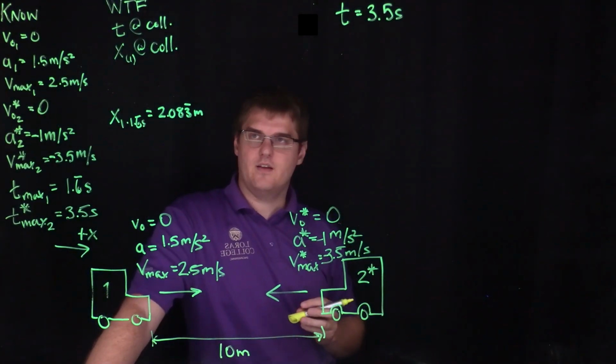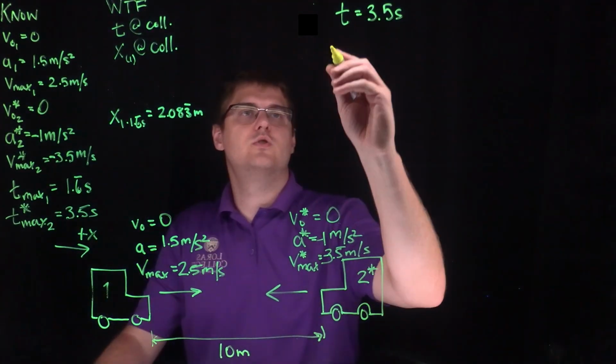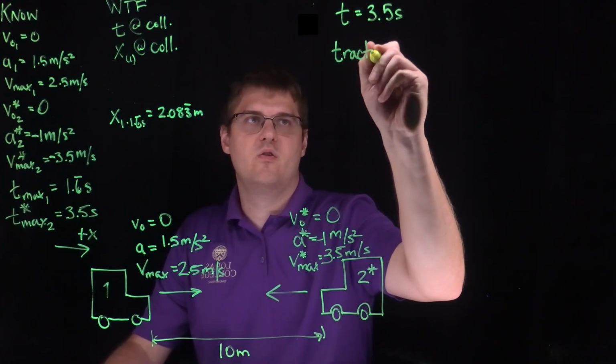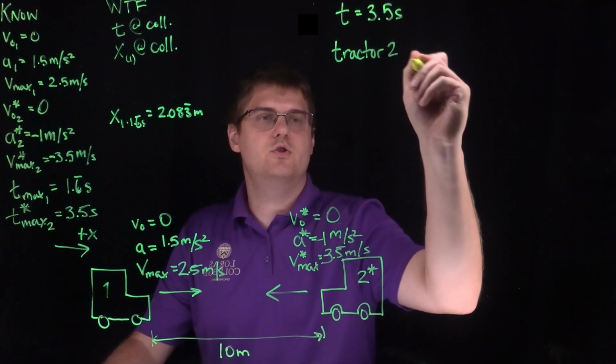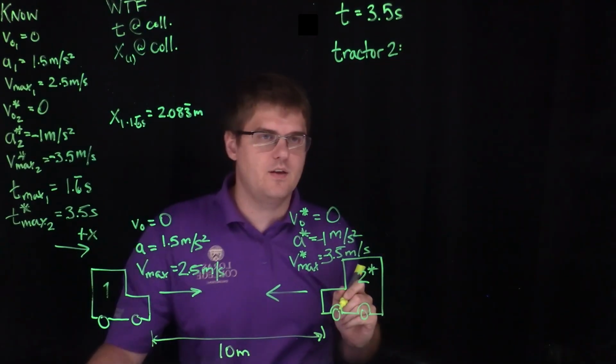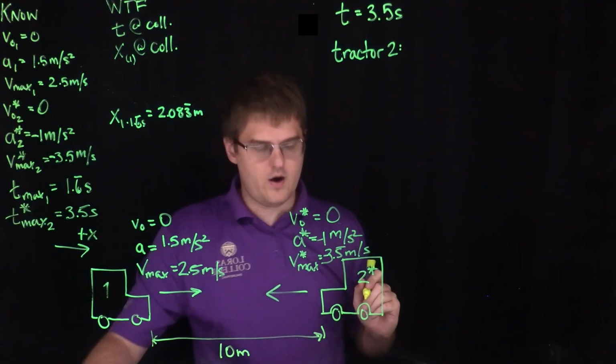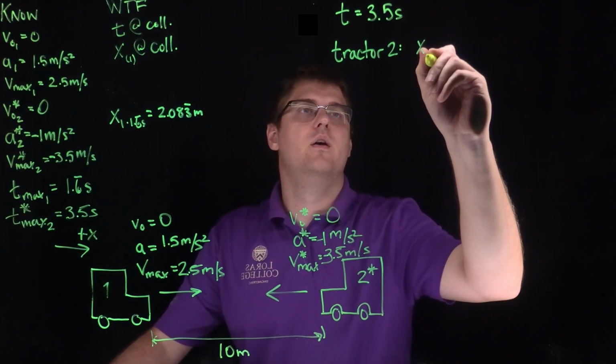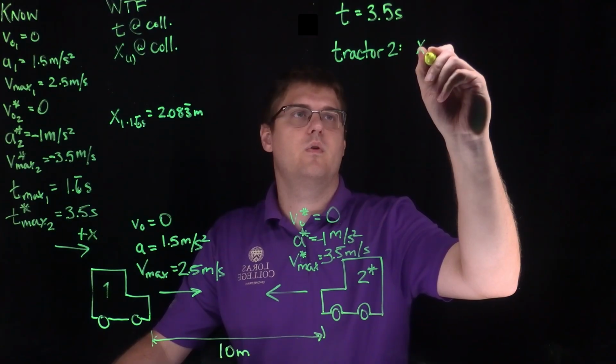Have we collided yet? Well, tractor 1, we'll skip. I'll show you why we skip tractor 1 in a second. Tractor 2, where are you? Scooby-Doo tractor, apparently. I'm just going to do X